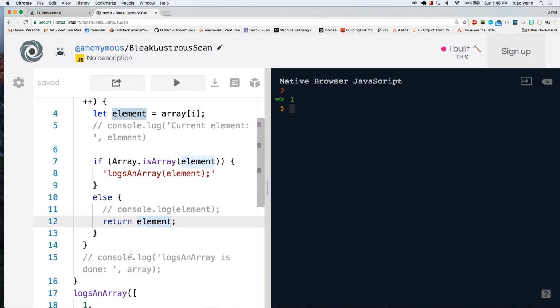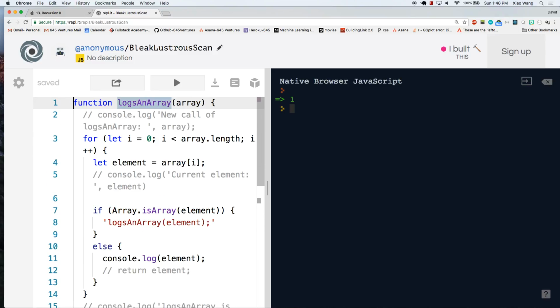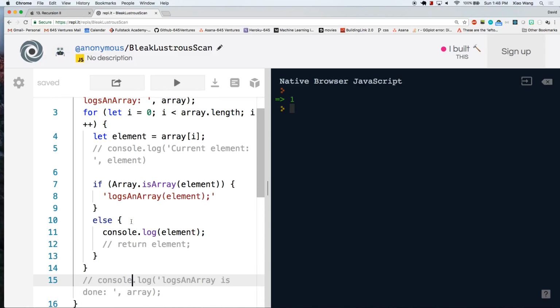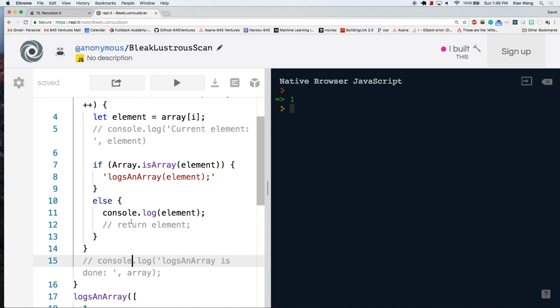In a real-world example, how would this be helpful? We're not actually getting anything out of it. We're just doing console log. You could push these elements to a different array. How could you capture the results? One of the examples was the result was captured, set into the function calling itself. Right. So we have two more practice problems that will show how to capture the return values, but for now, I think we're more just getting through it in the first place.